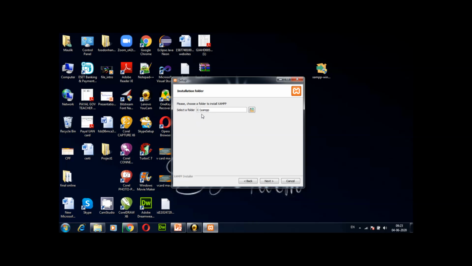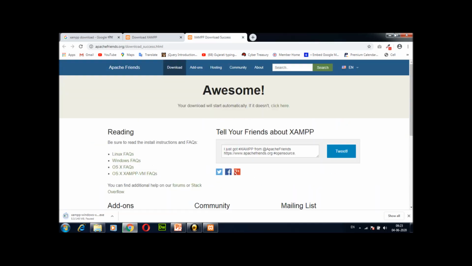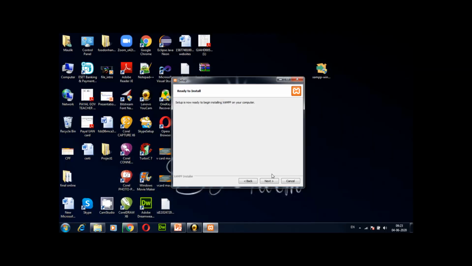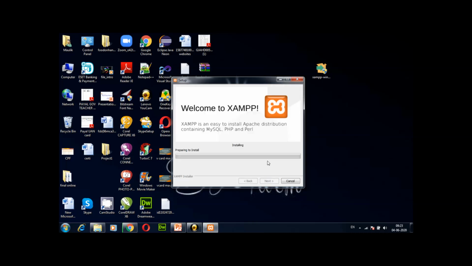I go with C, so no need to change the drive name. It will directly create a XAMPP folder after installation in the C drive. Then go with next. Next.